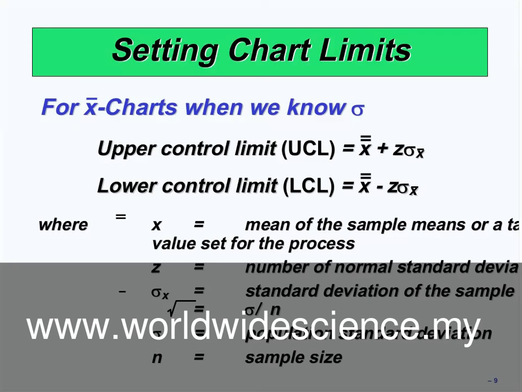For example, the weight, the strength, the length, the speed, and every variable is being measured by the operation manager. When the operation manager measures, for example, the speed of the production in the laboratory, they write the data in their charts. If all of the data are located between the upper control limit and lower control limit, we can say the process is under control.